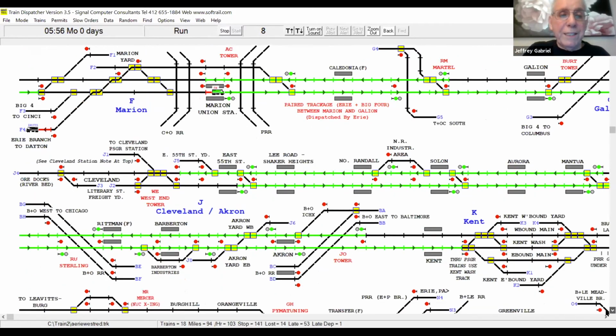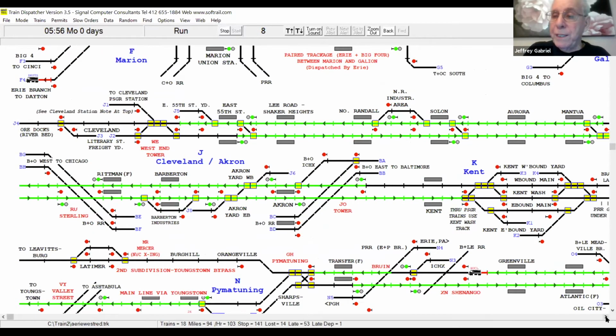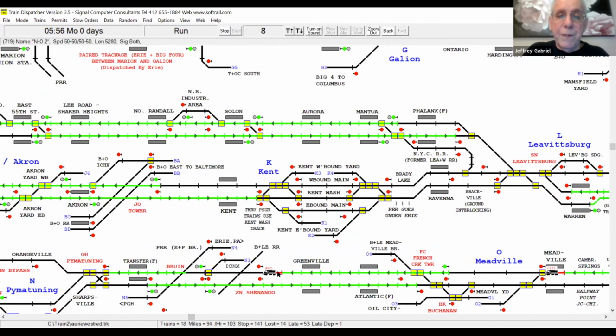Let us go down and find some other trains, we've got to get moving. Okay, here's one. This train is HOCL, Hornell to Cleveland, but it makes a stop at the Bessemer and Lake Erie interchange. You can see that by hovering over it. It'll say work Shenango relay in that hover box at the top under the time. So in order to work the Shenango relay, I first have to let it cross the Bessemer and Lake Erie. Here I am. And when it gets over here, I'm going to route it backwards into N3.